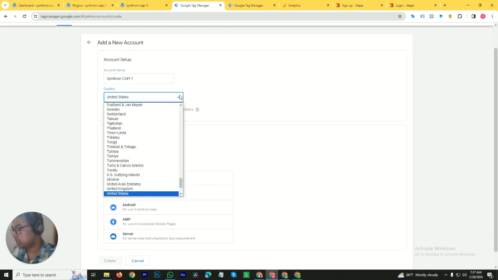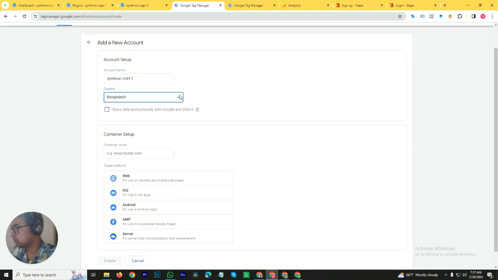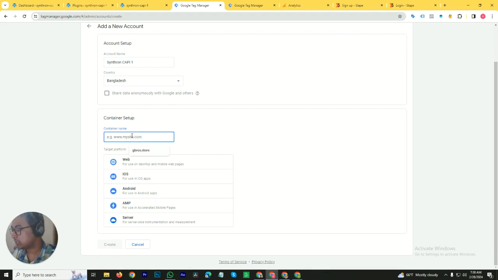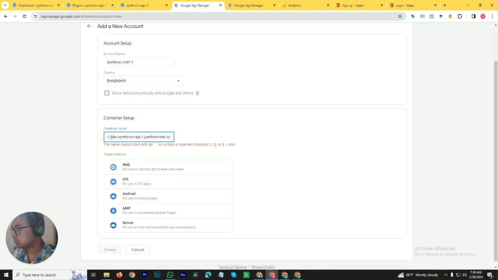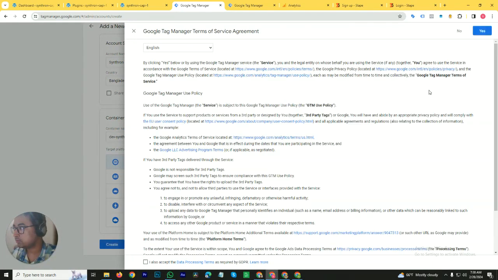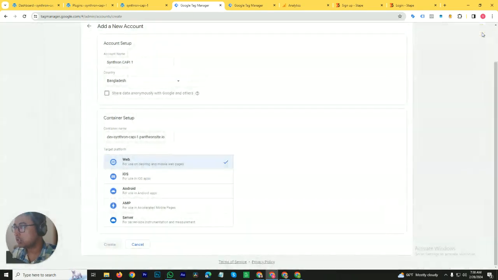Country, in case my country is Bangladesh. You don't need to check in this box. Pending container setup. We're going to put our domain name and our TLD as well. Click on web, create, check the accept data processing terms box, click yes,